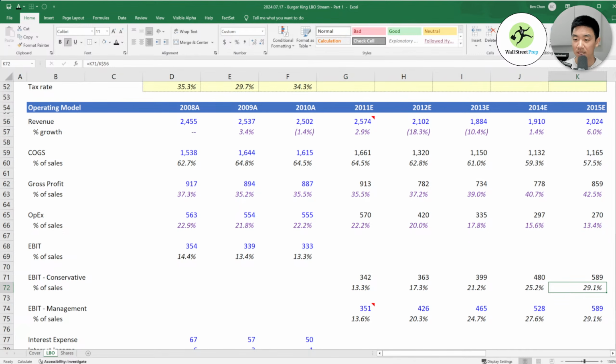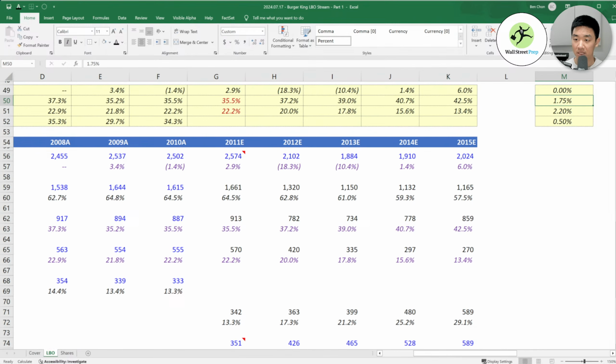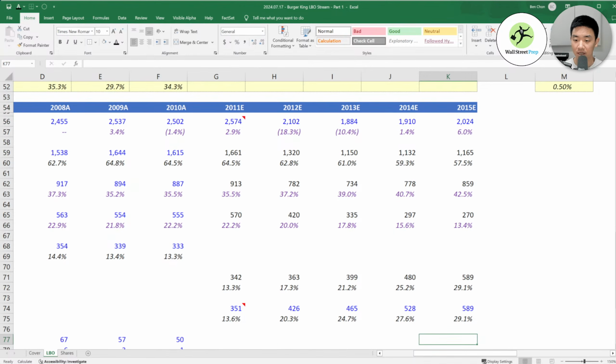25.2. And basically the reason that I earlier chose these numbers here is because I wanted to eventually end up at this 29.1%, which I thought was pretty aggressive for an EBIT margin for this food company. But in these 4 years before, it's lower than management, right? So we're clearly being more conservative. And when you're modeling, you always want to be more conservative, generally speaking, because usually tons of things go wrong. And so you want to make sure that you're giving yourself cushion. And I thought that I'd be very surprised if Burger King actually was able to reach 29% EBIT margins.